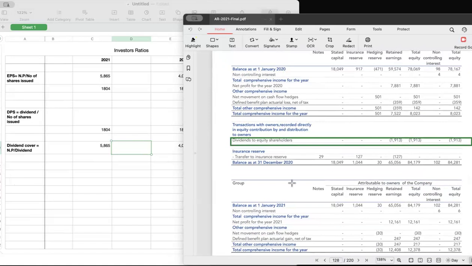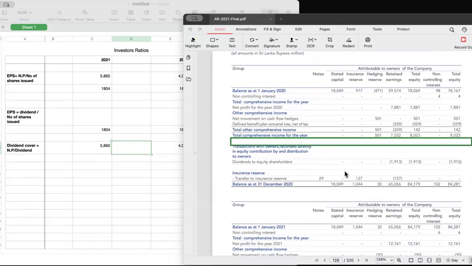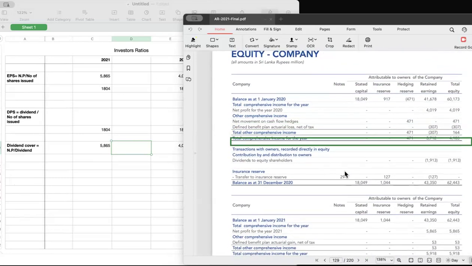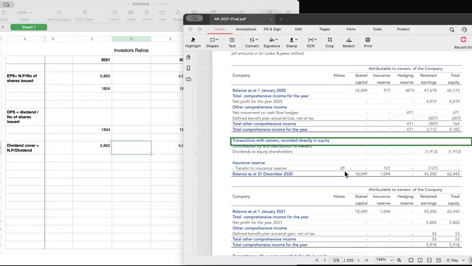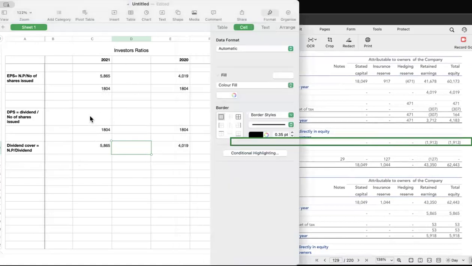1913. So this was actually 2020, I think. Oh, sorry, this is a group dividend. Then if you take the company dividend, which is also the same, 1913, this is related to 2020. So I'm going to take it